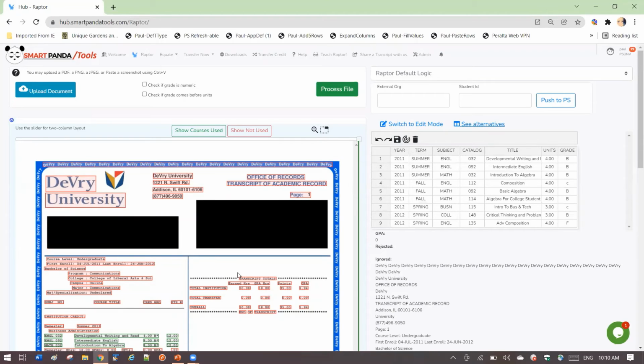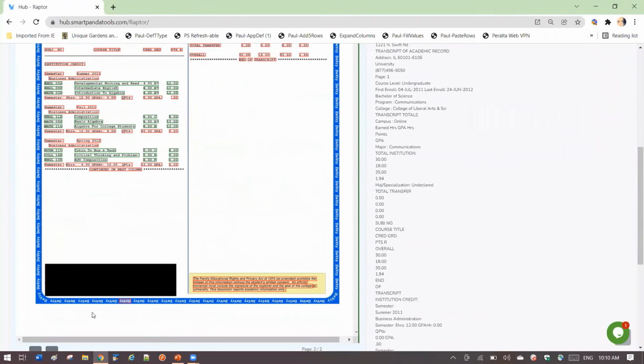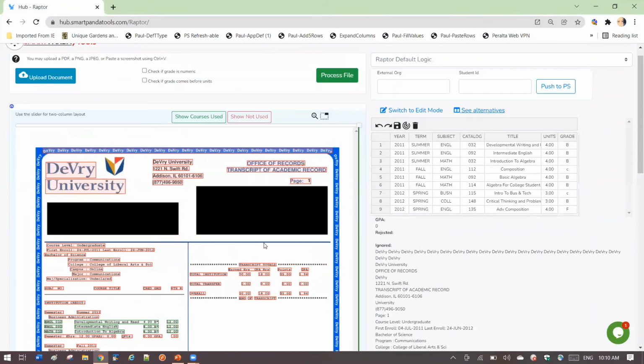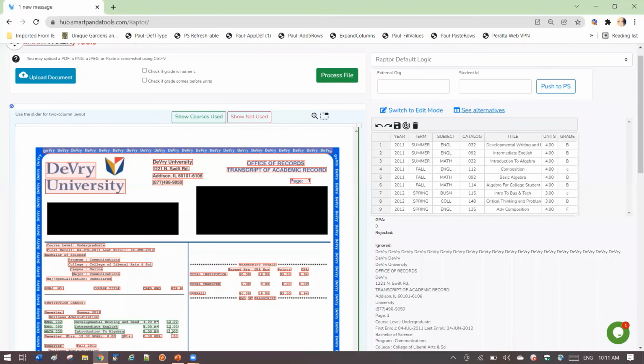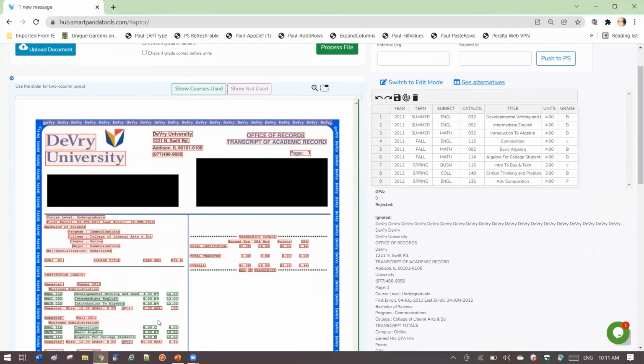So just be sure with a 2-page transcript, be sure that you process page 1, push that to your PeopleSoft, and then process page 2 if you're going to select an alternative. So that's just something to be aware of. We looked at the See Alternatives feature. Now let's look at the Click to Copy feature. Click to Copy just means that